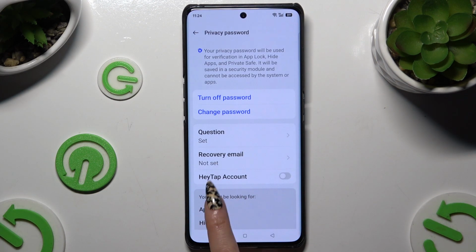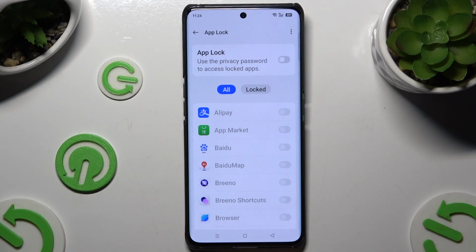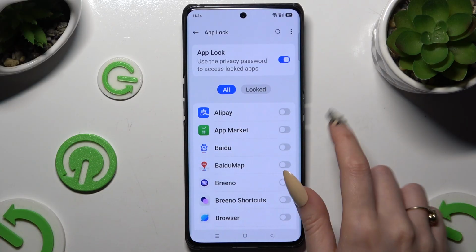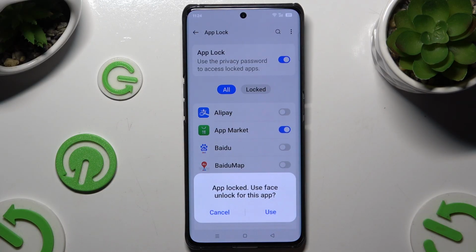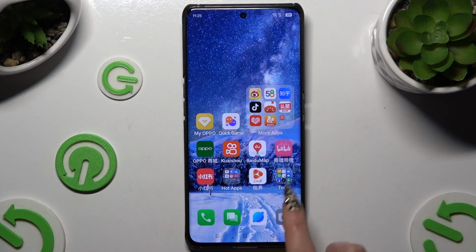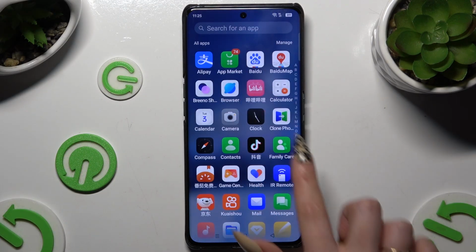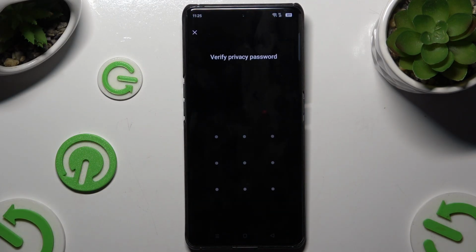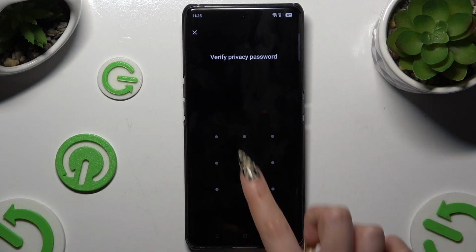Then tap on app lock here, select got it and activate it next to this switcher at the top. Finally, to block any app, click on gray switcher next to it and choose use or cancel in face unlock pop-up. So when I go back and try to access this app, I can see that privacy password